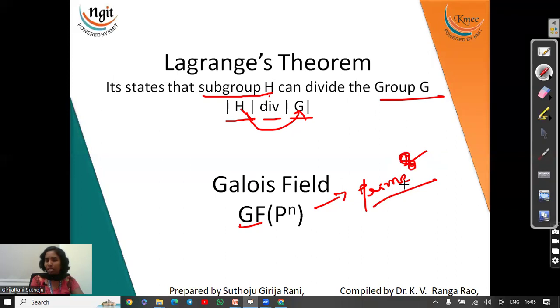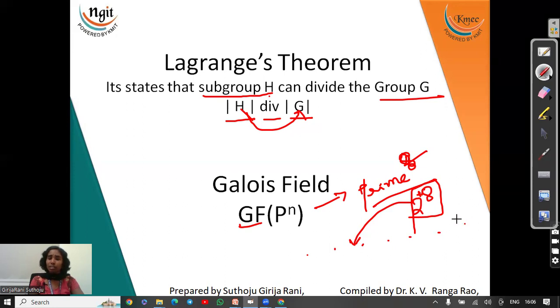My basic prime number is 2. So if I give 2 power 8, my Galois field is 2 power 8. This is plus 8, don't take it as minus. If my value is 2 to the power of plus 8, then I can have a maximum of 8 elements in my